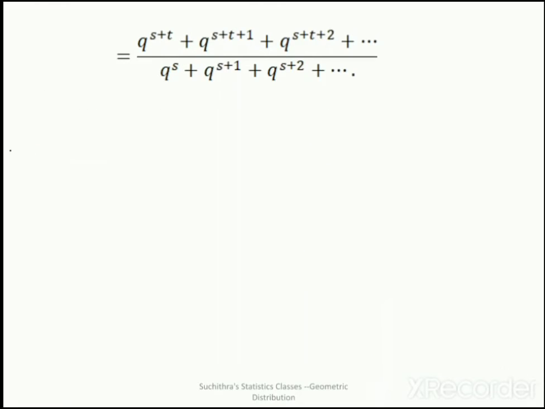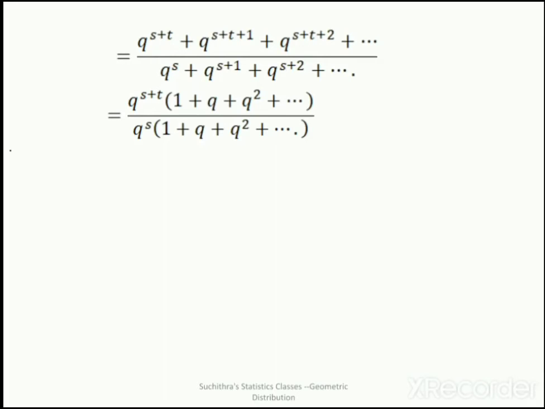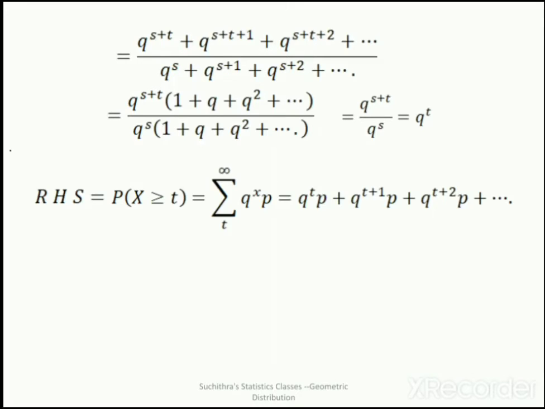We have q^(s+t) + q^(s+t+1) + q^(s+t+2) + etc., divided by q^s + q^(s+1) + q^(s+2) + etc. From the numerator, take q^(s+t) outside, and from the denominator, take q^s outside. We will have this expression. So this is equal to q^(s+t) by q^s, which is equal to q^t. Now let us take RHS in this format